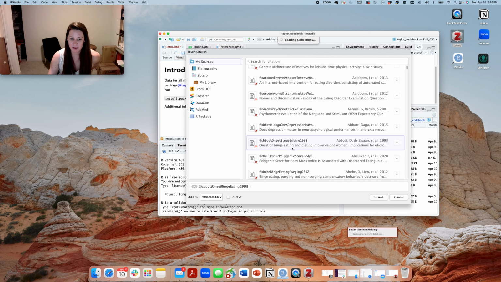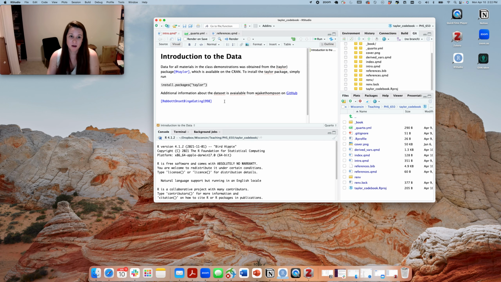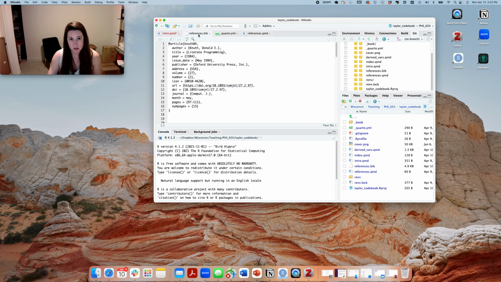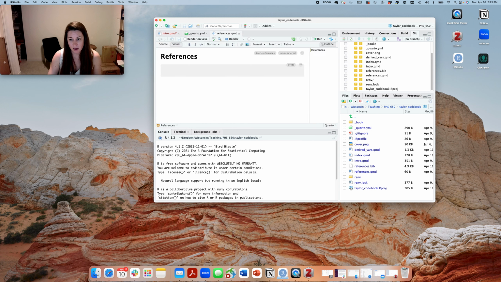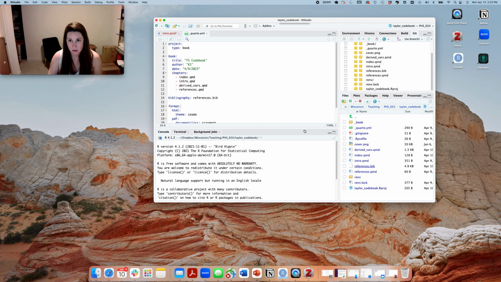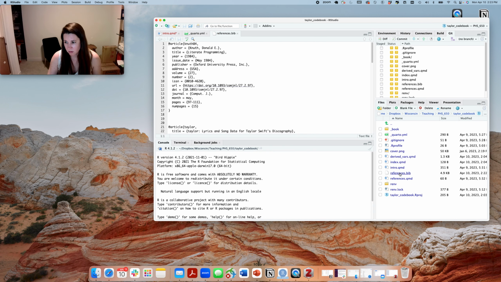And what I'm going to do is go ahead and insert this citation. And you can see it shows up here. And then let's check it out. Does it show up in my references right away, or do we need to? Okay, so it hasn't shown up yet in the references, but I am going to guess that if it, it looks like there was just a change at 222, so maybe if I open this again, yep, it is